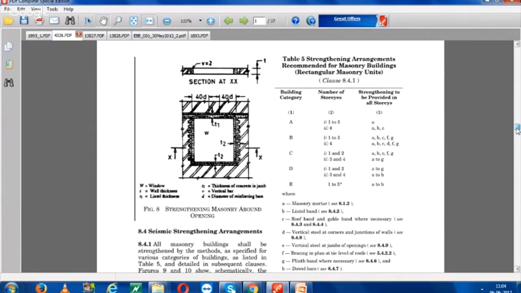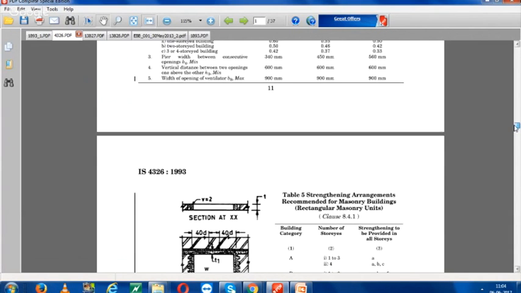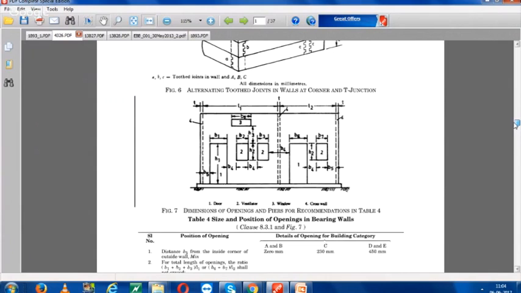Here it is given completely. Strengthening arrangement recommended for masonry building. For E type 1 to 3, A to H. Strengthening needs to be provided in all stories, A to H. Means, here you are considering E type building. A to H provisions means